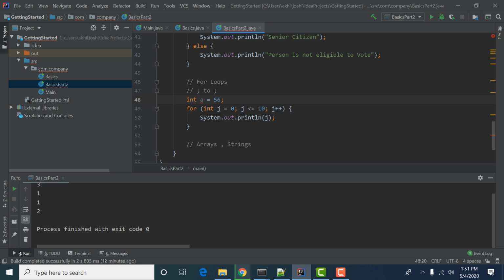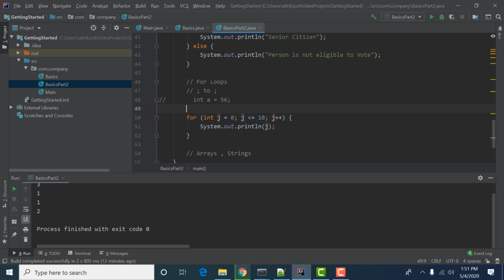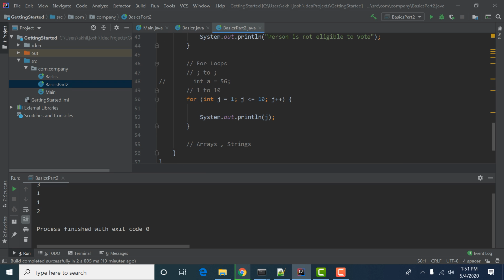So we have for loop. For loop we have from the starting index, from where this index starts. Like if I have to print from 1 to 10 numbers. So in the first condition, we will tell our system that hey, you have to start from 1 and you have to go till 10, and you have to increment this value of j one by one. So how these things actually work, I will show you.